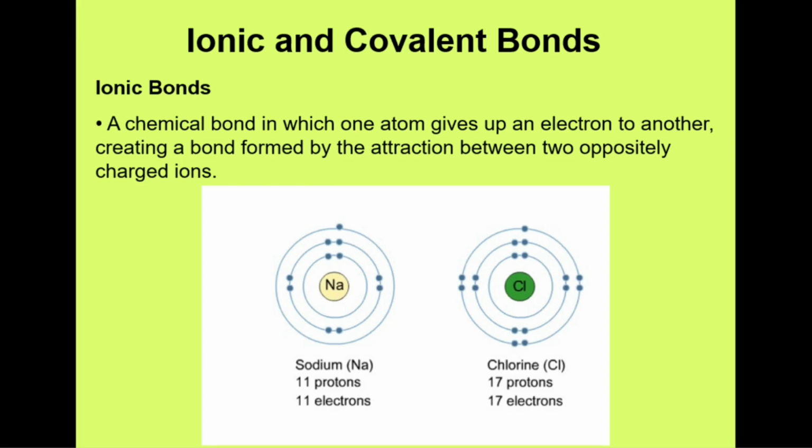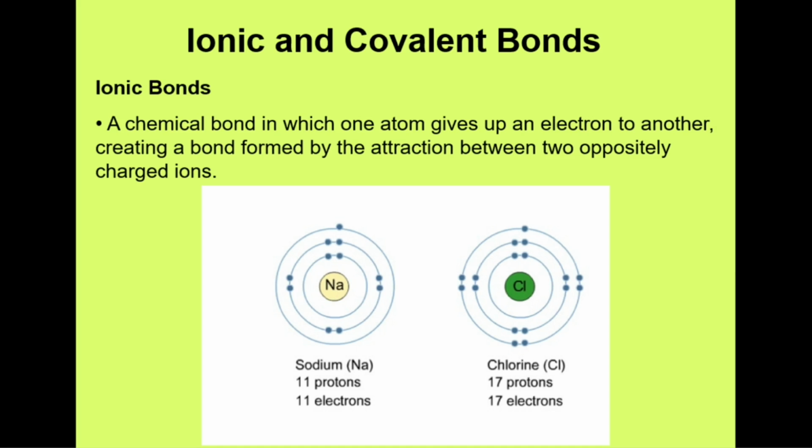But what can happen, and as we'll see in a minute, is these atoms can gain or lose electrons. And when that happens, you end up with an unbalanced atom in the sense that they may have gained an extra electron or they may have lost an electron. If an atom gains an extra electron, that's an extra unit of negative charge, so that atom is now negatively charged, and we would say that that is now called an ion because it has